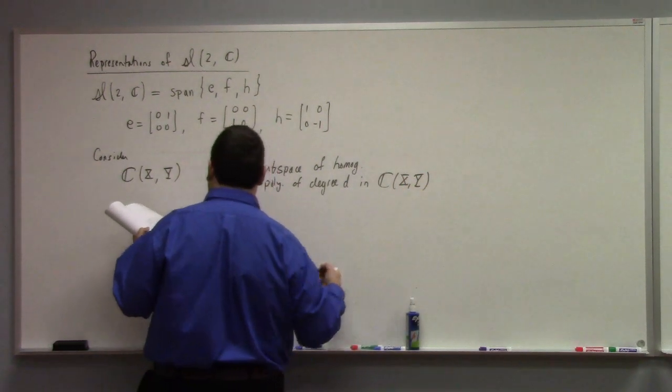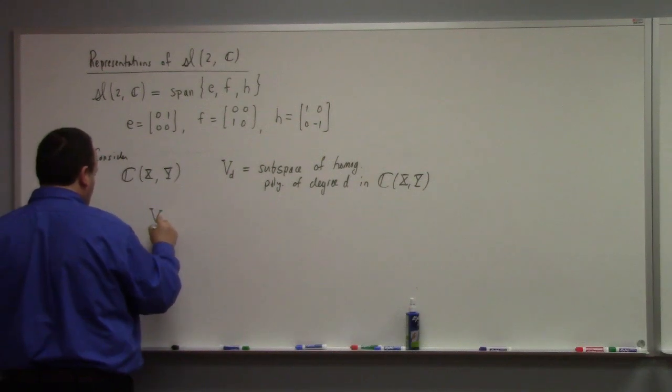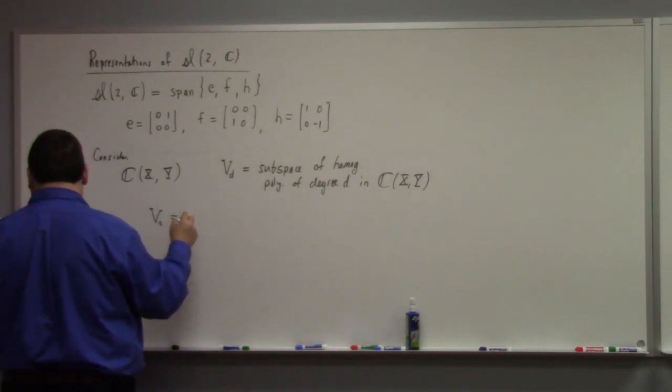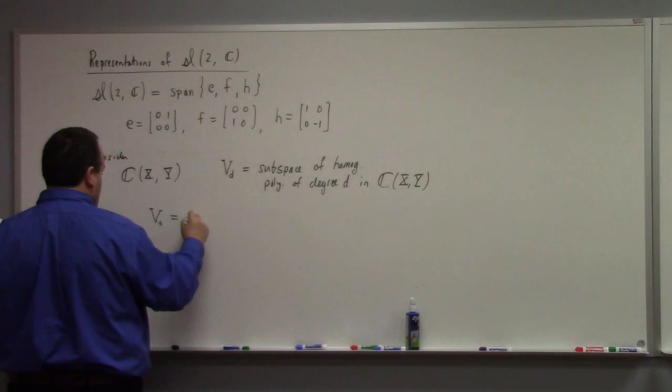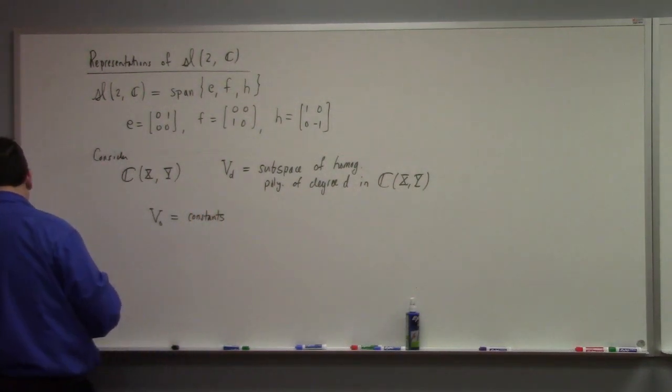All right, great. So V0 is just the constant polynomials. I'll just say constants, all right? And,